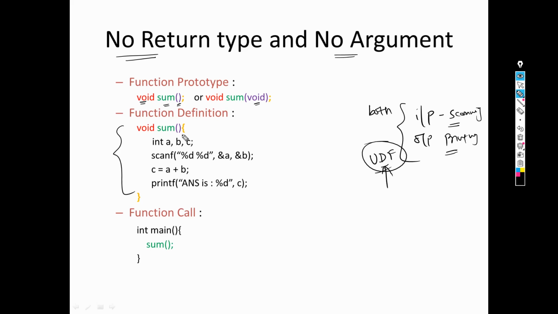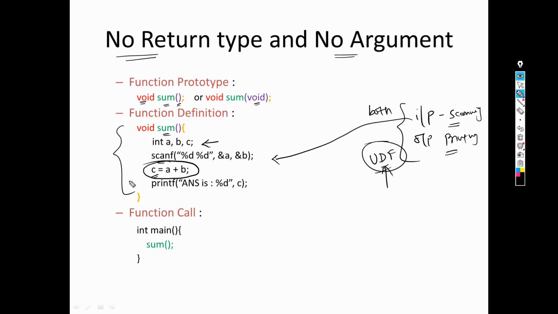So you have to declare all three variables because you are working on summation. You know that you should have at least two values, and the third variable can be there to save the result. So I have taken three variables. Then taking the input is the responsibility of the UDF, so in the UDF you have written the scanf statement. It will be taking the values of A and B from the user. Then this is our logic. It will perform the computation on the input and generate the answer.